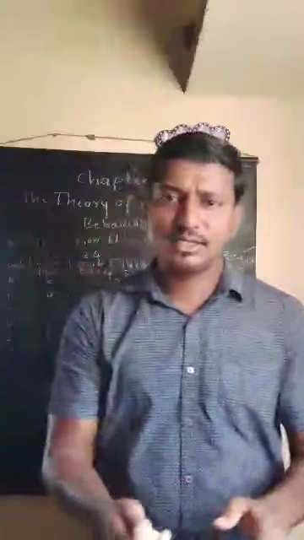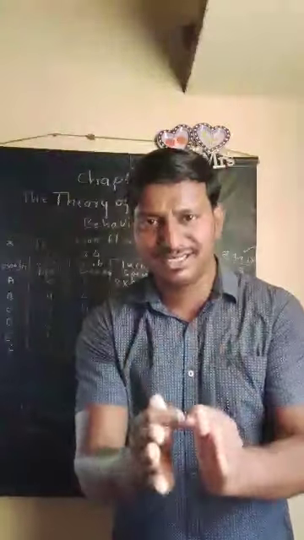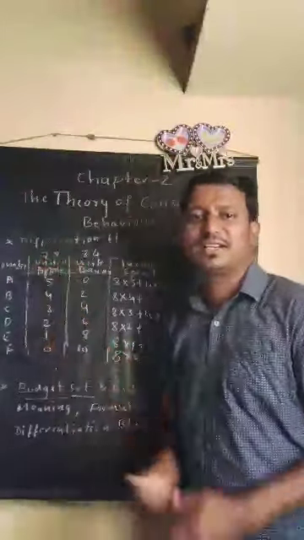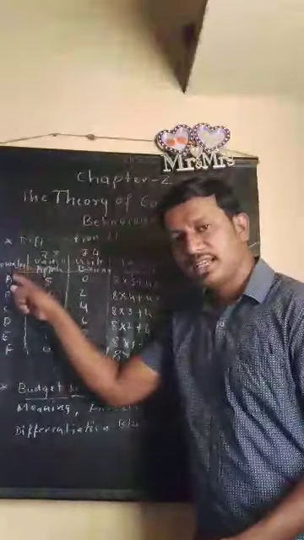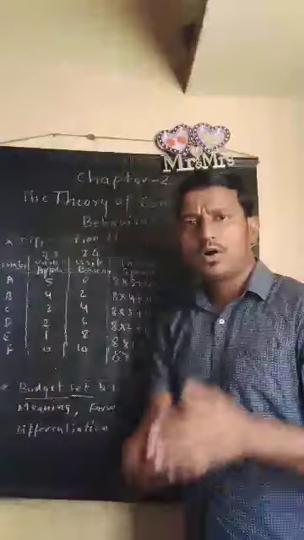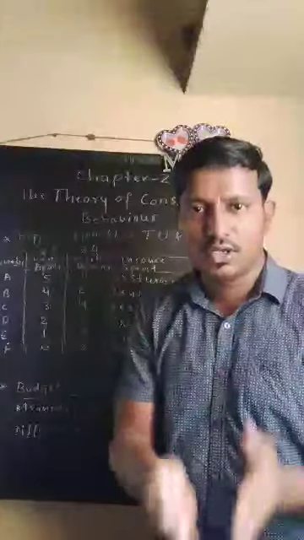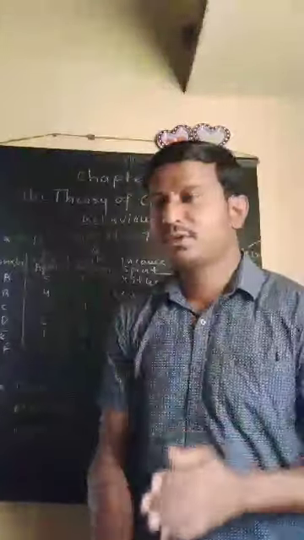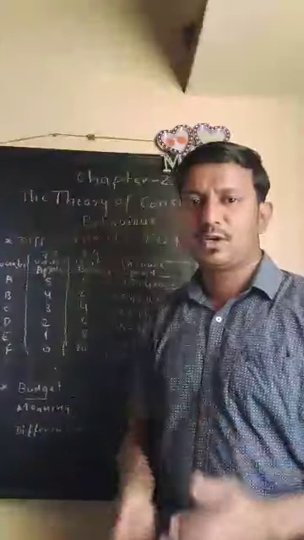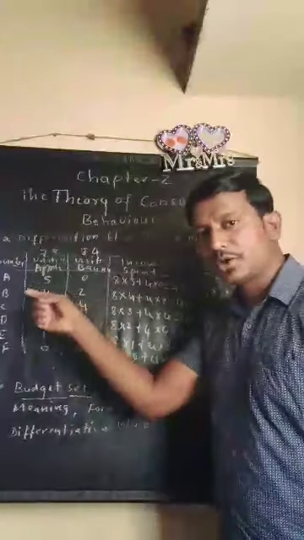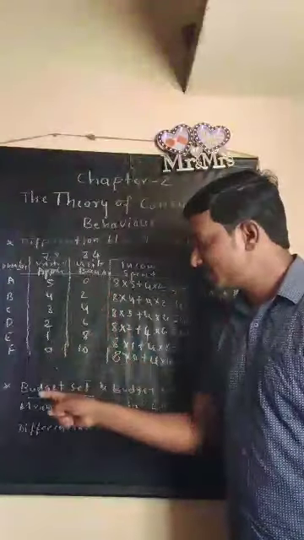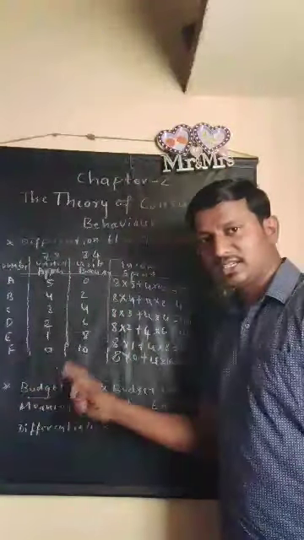In all the different combinations, our income is going to be spent exactly on the two goods, apple and banana, that we are going to purchase. The combinations are A, B, C, D, E, F. All the combinations show that the total income we have is spent exactly on the different combinations of these two. And this is the schedule that we are going to call a budget set. This is the schedule representation of the budget set.